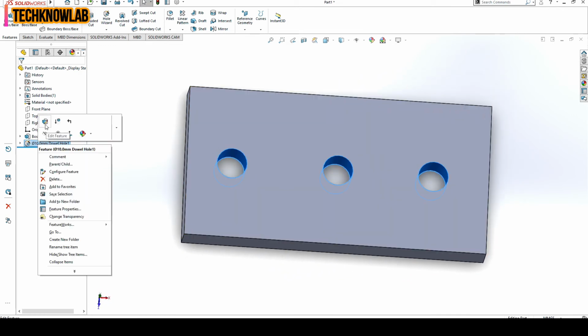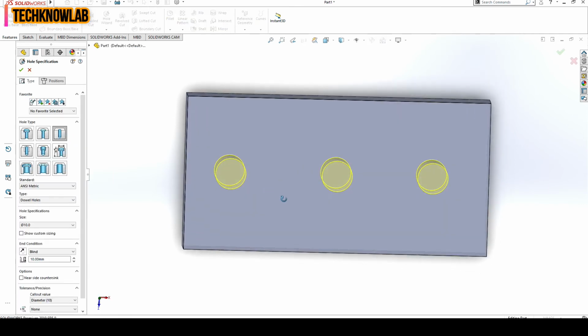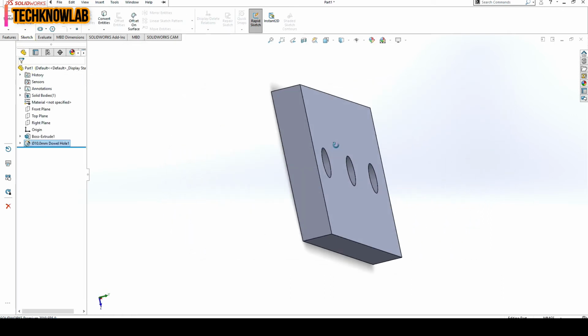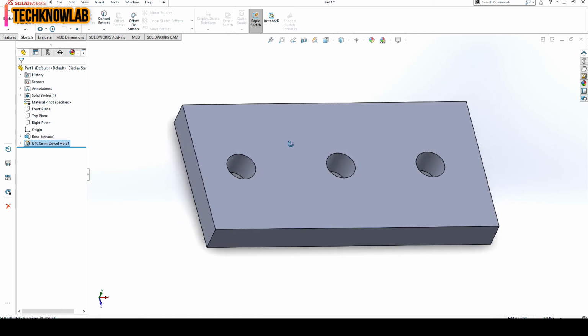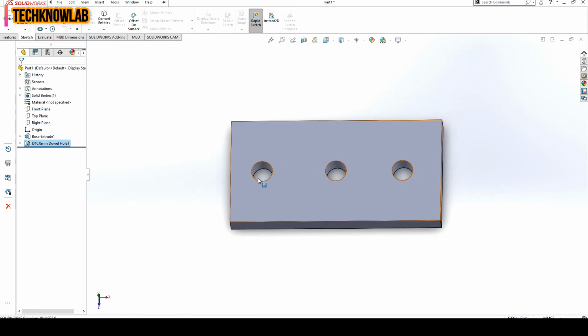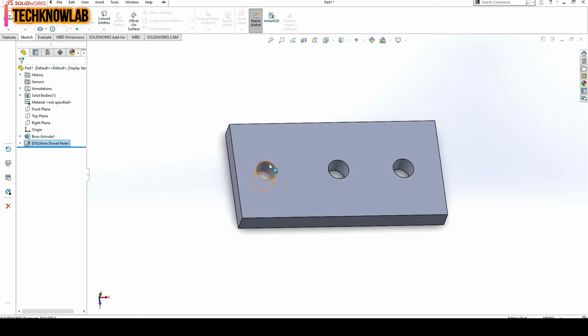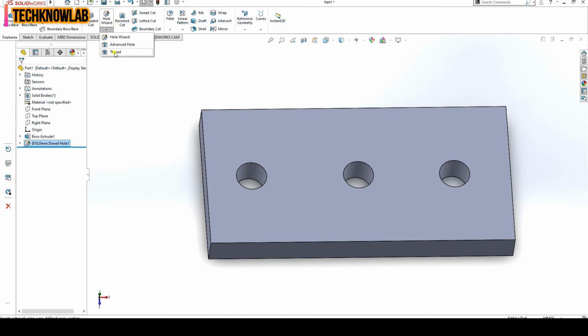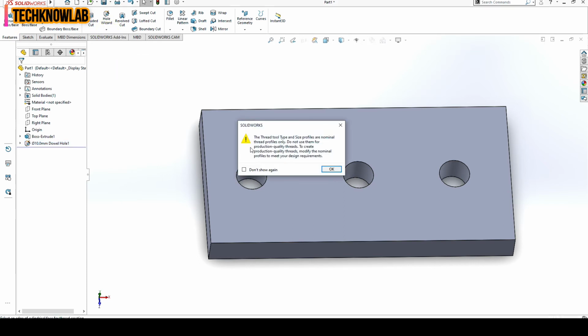We have made these holes. Now we want to put threads in these holes. So again we will use the hole wizard feature. Here we will choose threads. Here again we get a notification. It is saying that the thread tool's type and size profiles are nominal thread profiles only.